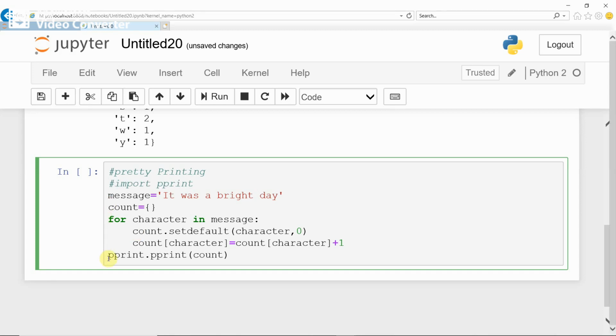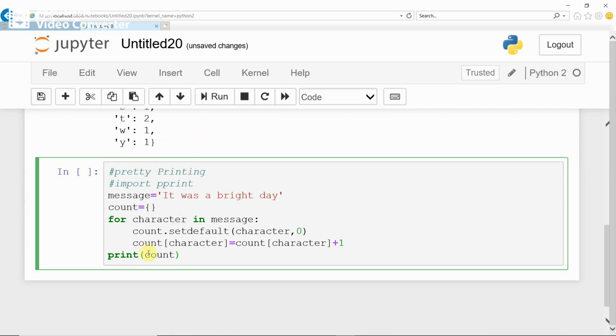And this also I make just print, not pprint. I do just print count. Okay, print count.